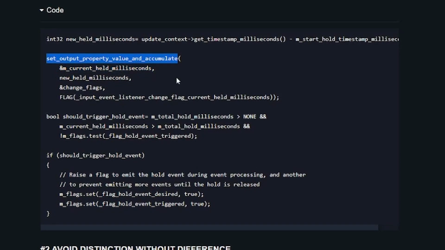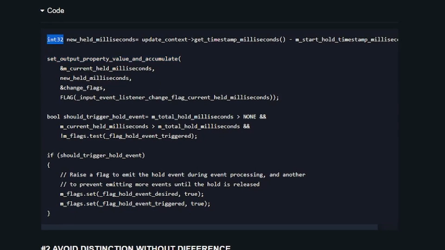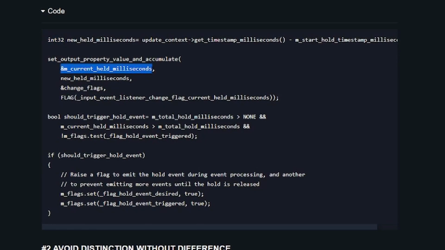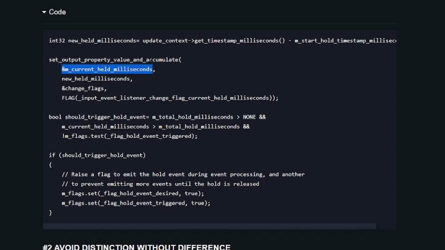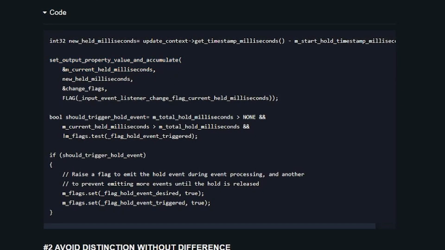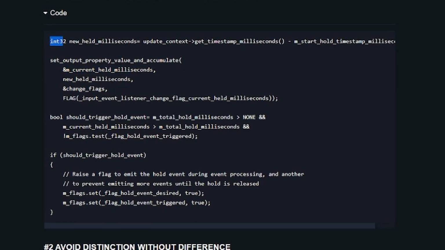But this function looks like it wants a pointer to an int32, which is going to make a small copy of a pointer rather than passing a reference. They're going to be about the same. The thing is, with this, you could change the milliseconds. So maybe that's what they're doing with the accumulate, they're intending on making a change, and that's why it's not const. But I'd really have to dig into the function to know all this.